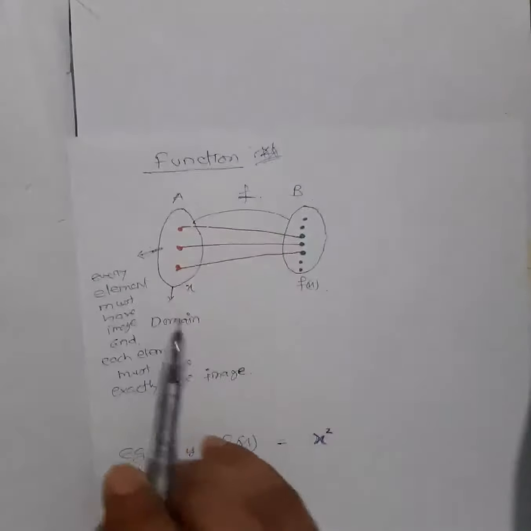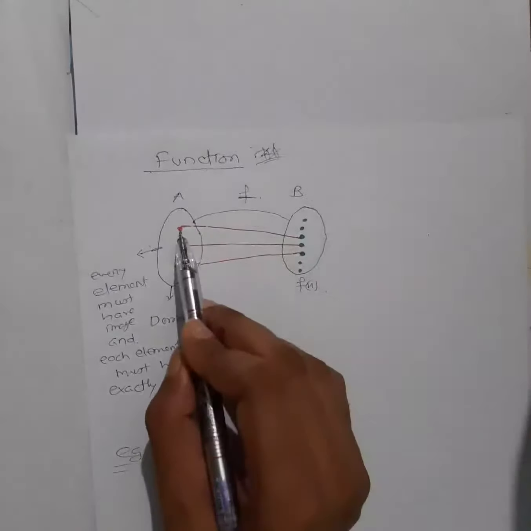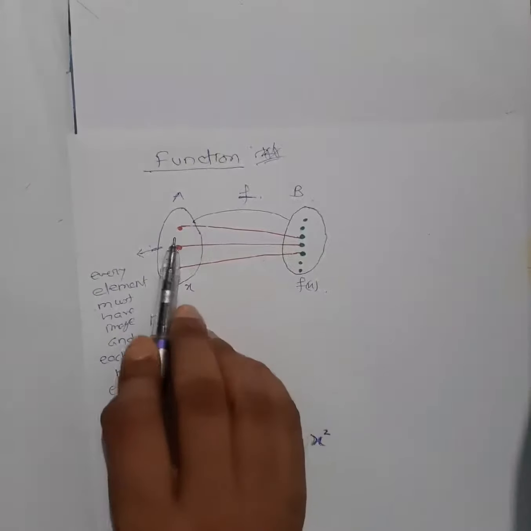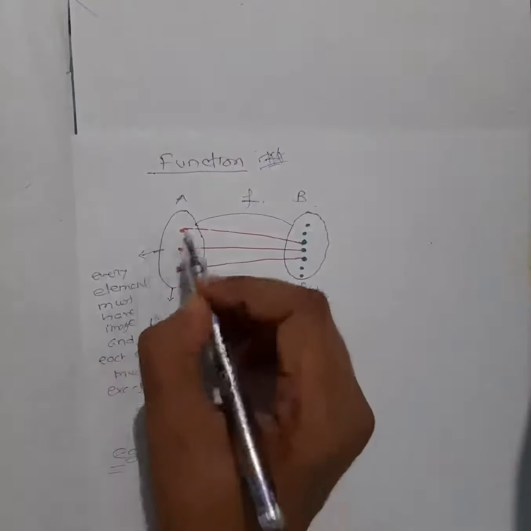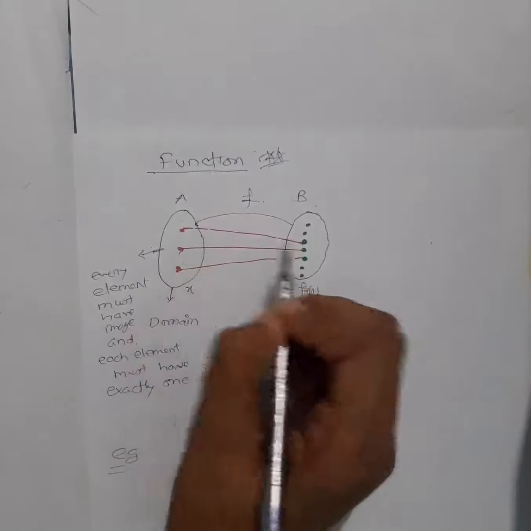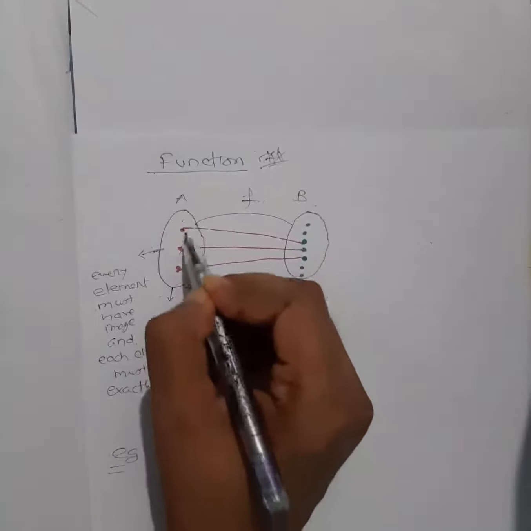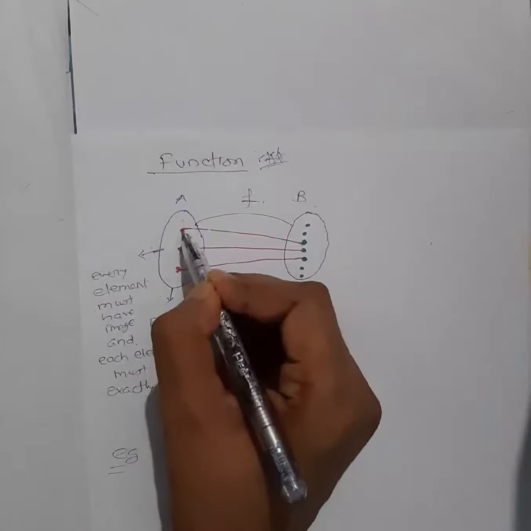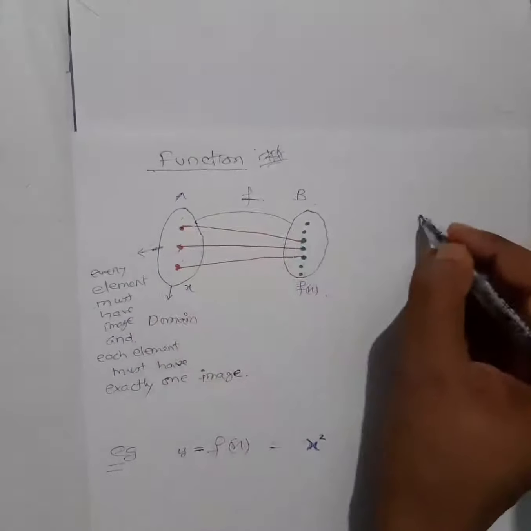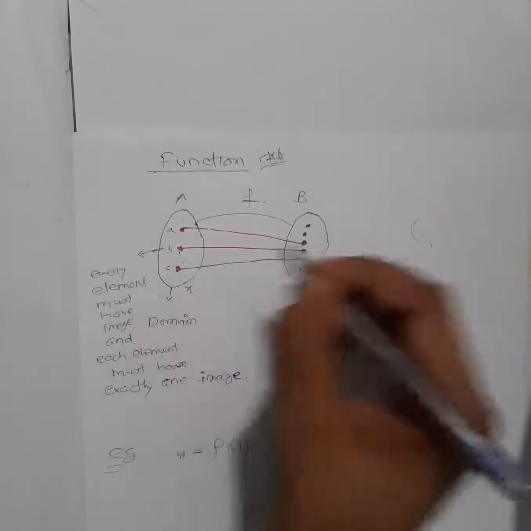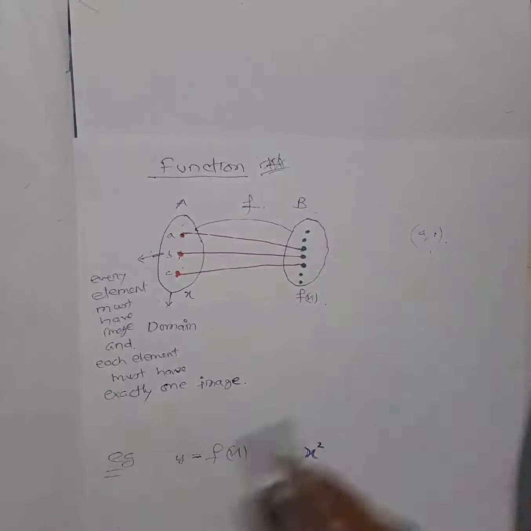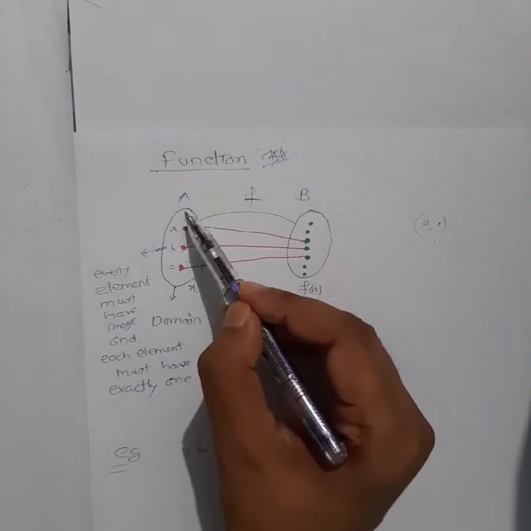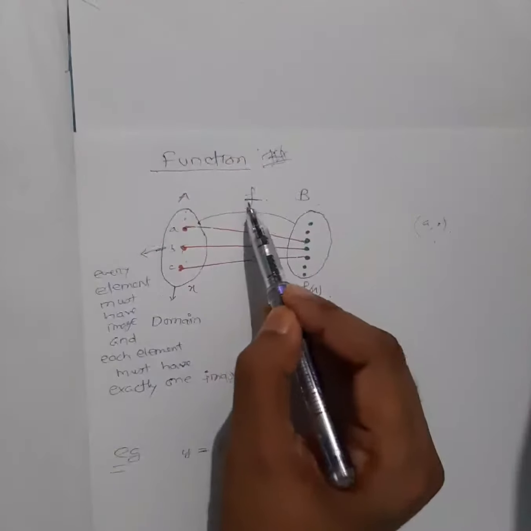Okay, so see what a function was. A function is nothing but a relation, right? You have understood what a relation is. Relation means whatever elements you have here, some of them must have a relation with an element there. And in a relation it is not necessary that all elements here must be related. Some elements are enough, right? Means in this set, if some elements are related to that one, we used to write it down like this. Suppose this is a, b, c, we used to write a comma, whichever element it is related to, we used to write down there, right? But in a function, if there is some free element, then it won't be called a function.